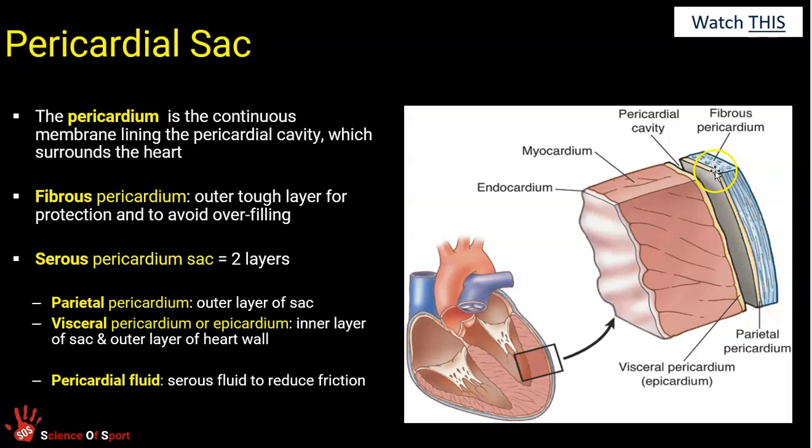Remember, there's a double-layered sac. So here's the outer layer, the parietal layer, the same word as used for the pleural fluid. And here's the inner layer, which would be called the visceral pericardium. So this is the heart itself, the wall of the heart. These two yellow layers are the two layers of the sac, including the fibrous bit here. So this is the double-layered bag, and this is the heart wall. The parietal layer, the pericardial fluid inside these two layers of the sac, and the visceral layer, double-layered sac, heart